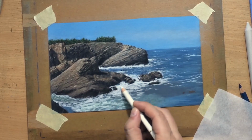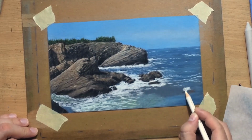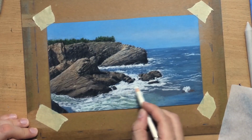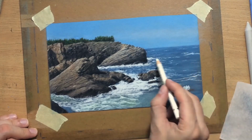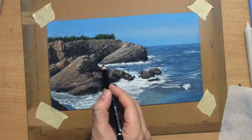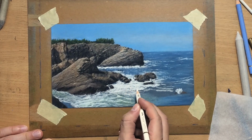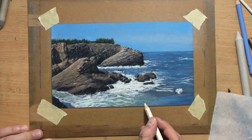So here and there you want to try to imitate that shape of the waves, but you don't have to draw every single one. Just a few suggestions will be enough. And here in the middle we have just a large area of splashing water, where a lot of these waves are kind of merging and splashing against one another, and here I really don't have to try to define every single wave. But what I want to do here is I want to allow the pencil to work for me